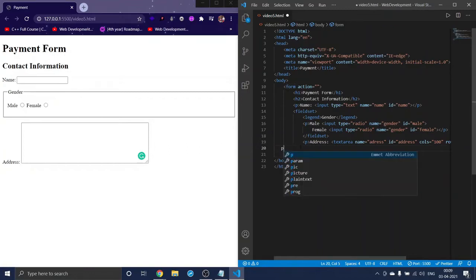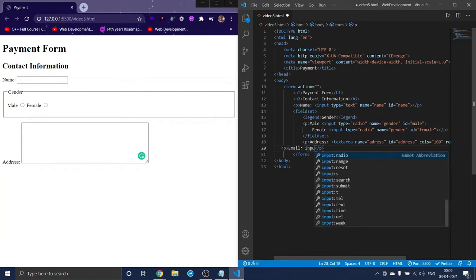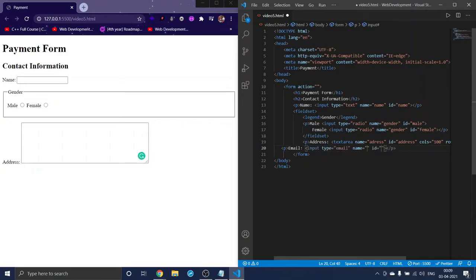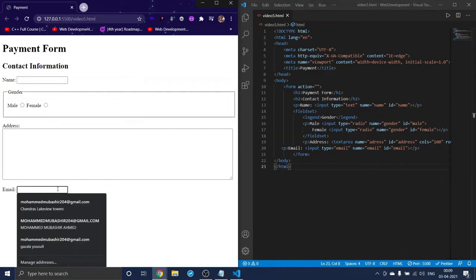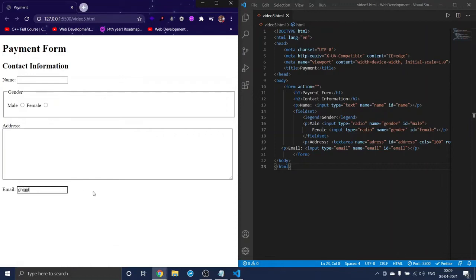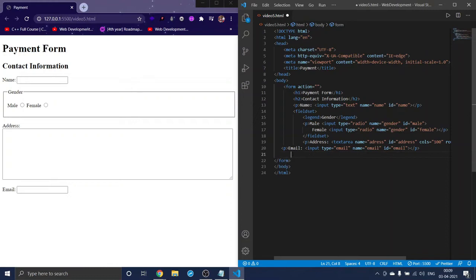After this we need an email. So for that another p tag, in that I will write email, and I will give the input as email. We have an input tag which is of email type, and name I will give as email and ID as email, and when I save this, you will get an email field. Why we are using the type email is, for example, if you click here and type something, when you click the submit button, this will say this is not an email. So you'll check that after the form gets completed.